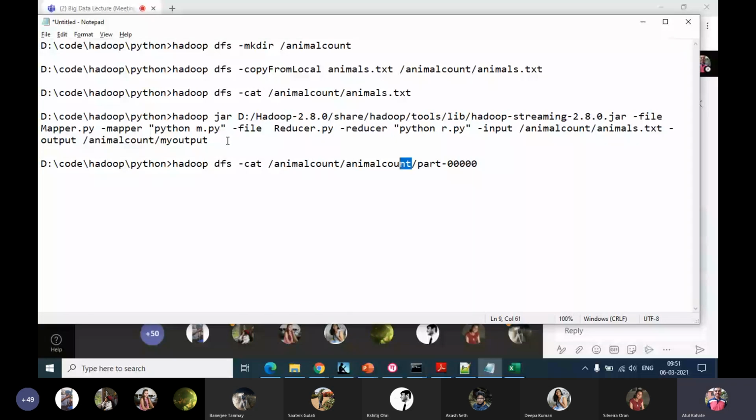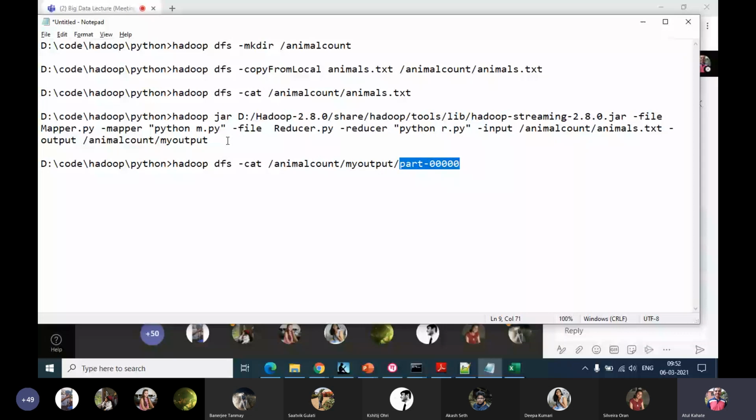Since I have changed the file name above, change it here also. Now we are saying cat, so show me the contents of which file in a directory called animal count. Name of the file is my output, whose part 0 is what we wish to see.